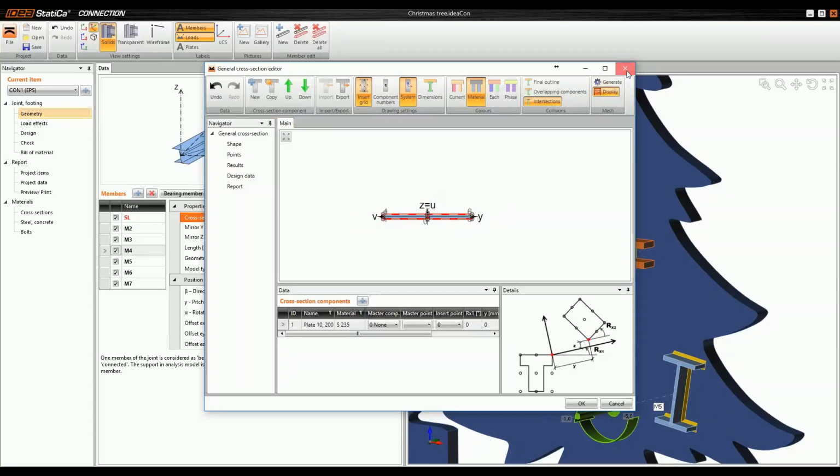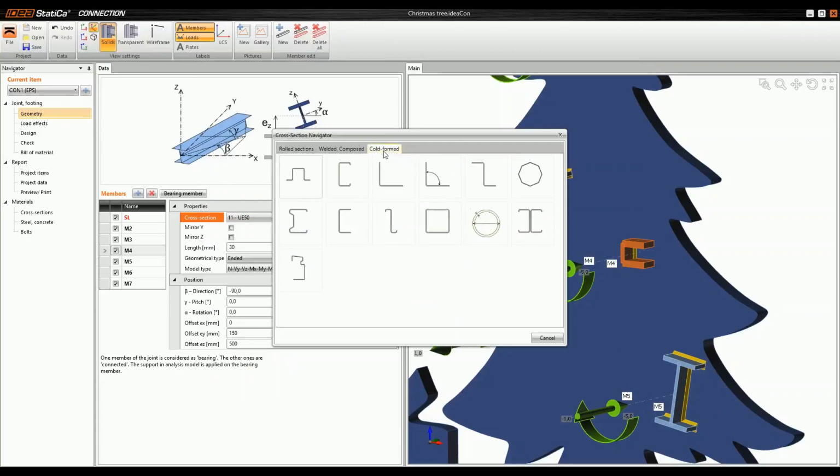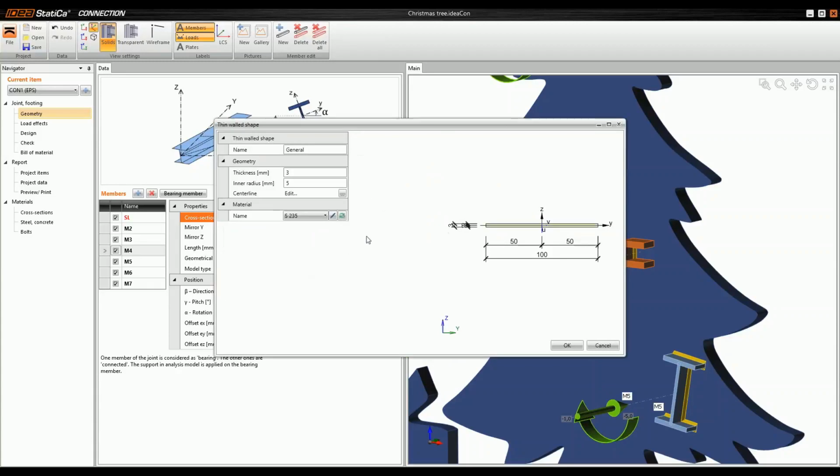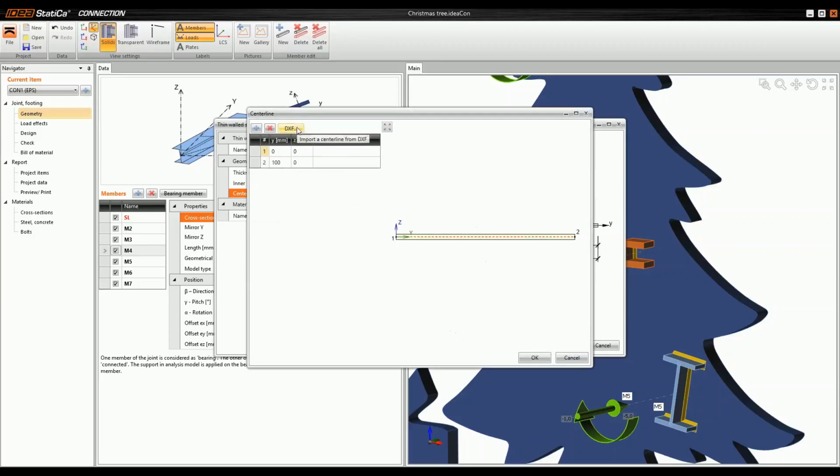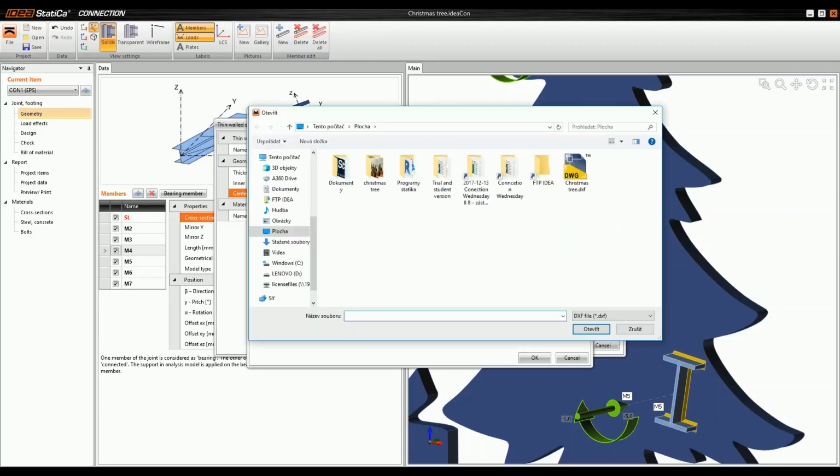And the other way is if you go to the third tab, Cold Form, and you choose here the CF General Shape, and this allows you to import a DXF cross-section into a member section. So here you click on Edit, and here is the hidden button of DXF import for members. So I click that, and